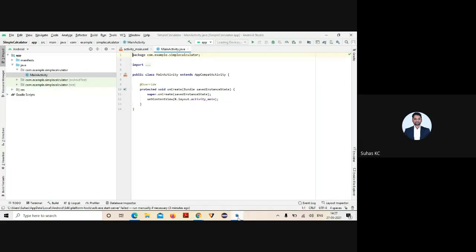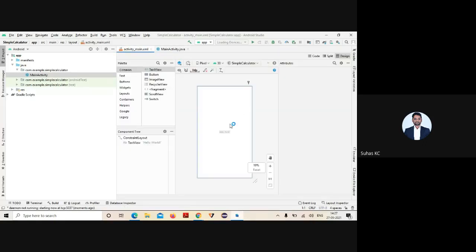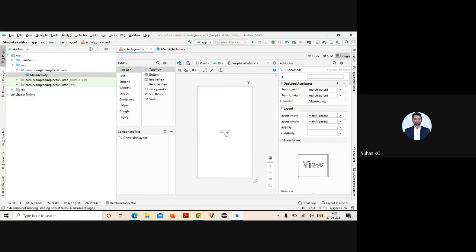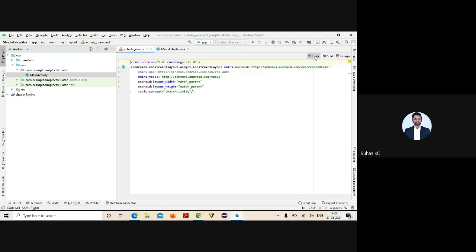So let me go to this one. First and foremost thing is, I'll straight away go to your XML part. I'll delete the previous thing. And can anybody say what is the first thing I need to do as soon as I want to do any particular operation? First I need to change the layout, right? To which layout do I need to change? There are 3 different types of layouts: constraint layout, relative layout, and linear layout.